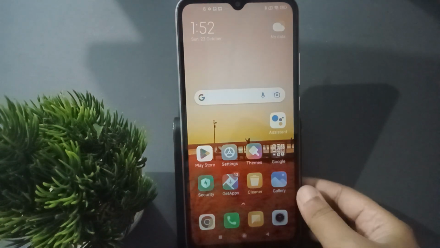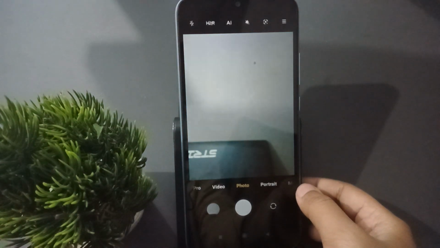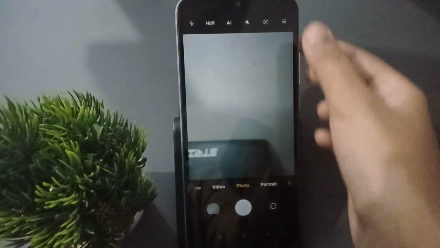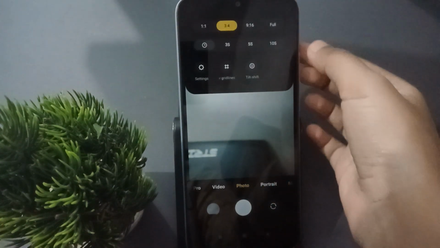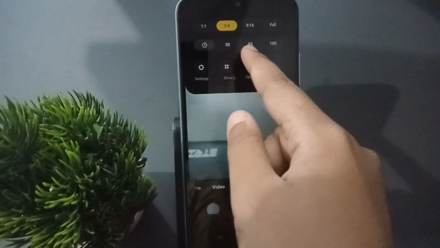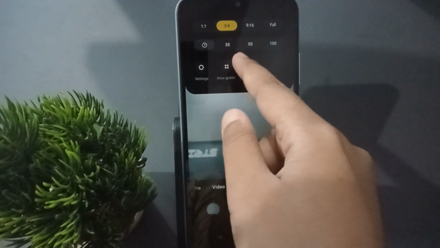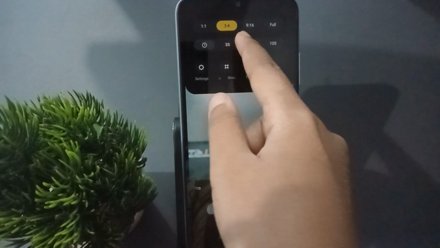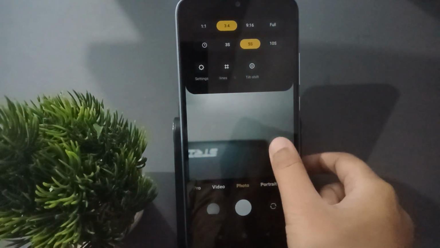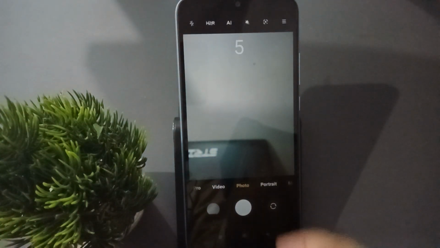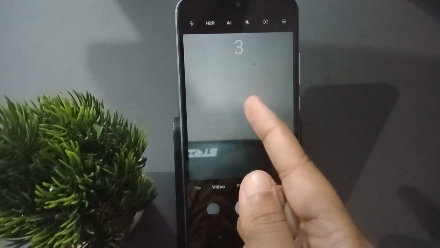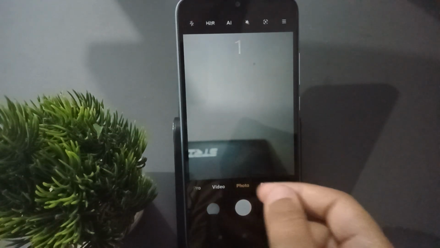Here, at first you have to open the camera. When you open the camera, you can see here, so this is the photo mode, right? Just click on the three lines on the side. When you click on it, the second option offers 5 second, 3 second and 10 second timers. You can select the 5 second. Then let's try to click a pic, and here you can see 4, 3, 2, 1 and it captures